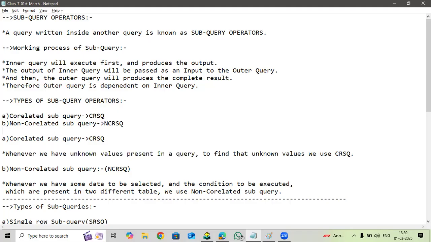Make a heading, subquery operators. From that, make a subheading, correlated subquery. Copy a query. Write a query to display the name of the employees